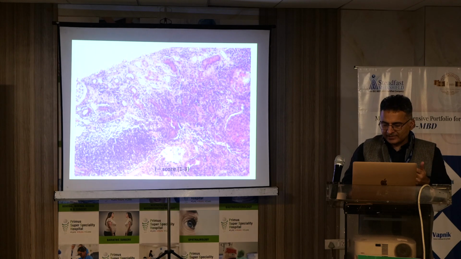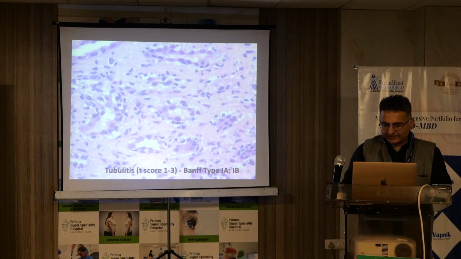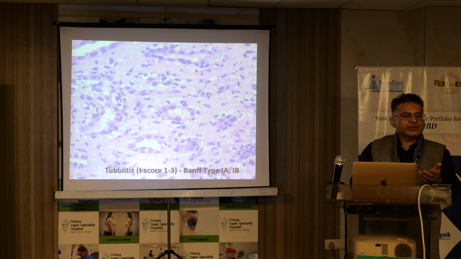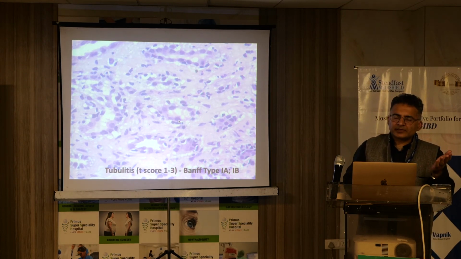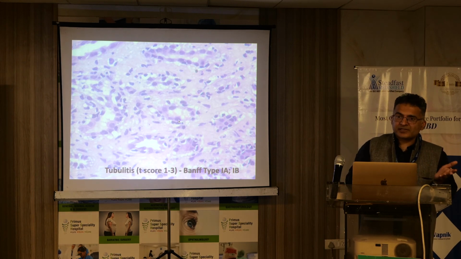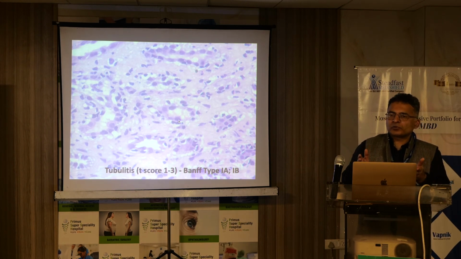So blue cells mean there is a lot of infiltrate, and you can see these blue cells, which are the lymphocytes, infiltrating the tubules also. So there is tubulitis, and there is grading of tubulitis: T1, T2, T3. It doesn't change the management whether it is T1, T2, or T3, but if it is associated with a vascular rejection, obviously many times